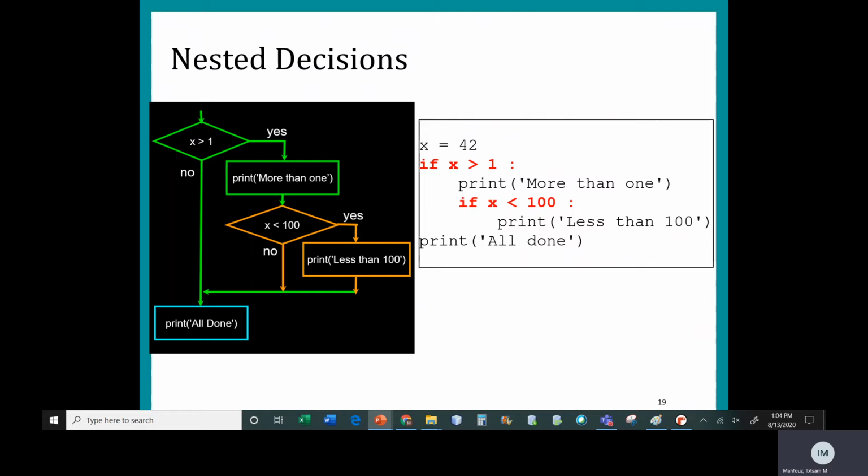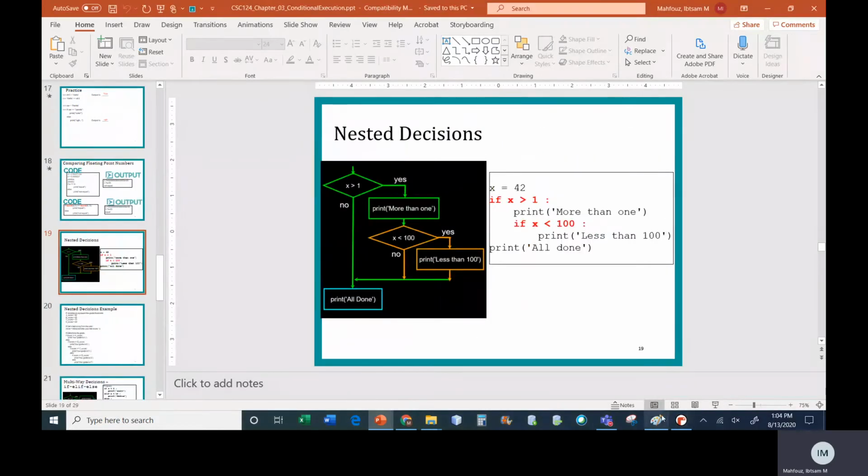Now, what I want to talk about now is how to do more than one decision. So we started off by just showing, what if I want to do an error check? If the grade is less than 0, I want to issue some error. And then we said, well, how about if I want to do something if it's less than 0, and another thing when it's greater than 0? So we talked about the if-else. Sometimes you might have a nested decision. You might want to check something. So for example,